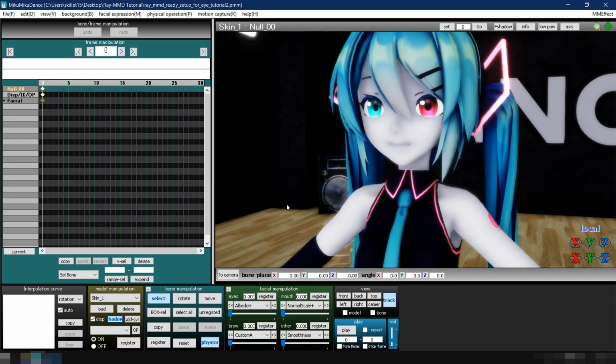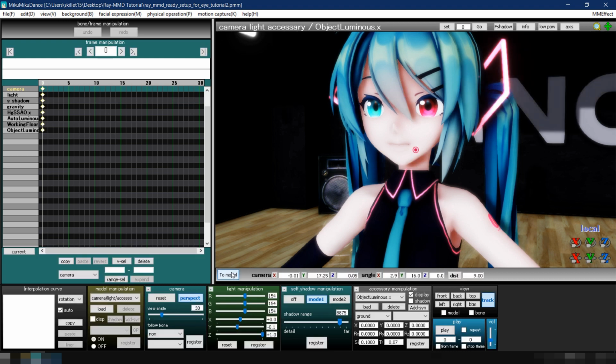To make the skin tone of the model fair, go to the Facial Manipulation and set Emissive R to 0.4, Emissive G to 0.2, and Emissive B to 0.1. Click Register for each change. Set the smoothness of the skin to 0.2 and click on Register. Lastly, select Melanin. I usually leave it as is, but if you want the skin to be darker, set the value higher as shown. Click to Camera to see how it looks.